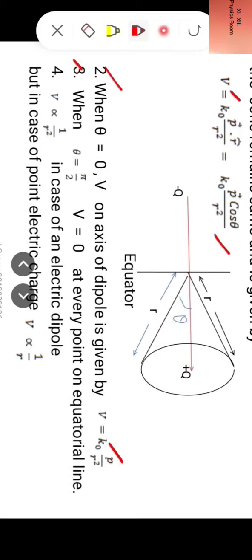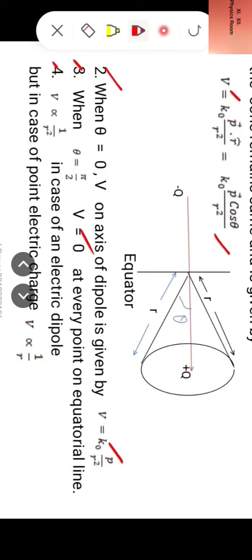Third point, when theta is pi by 2, the point lies at the equator, and then V becomes 0. So at every point on the equatorial line, electric potential due to the dipole is 0. Now fourth point,